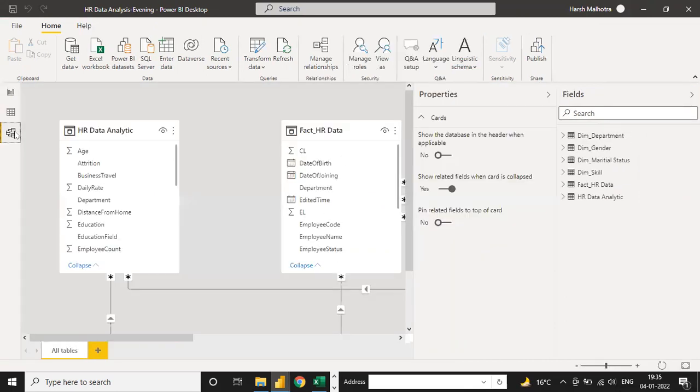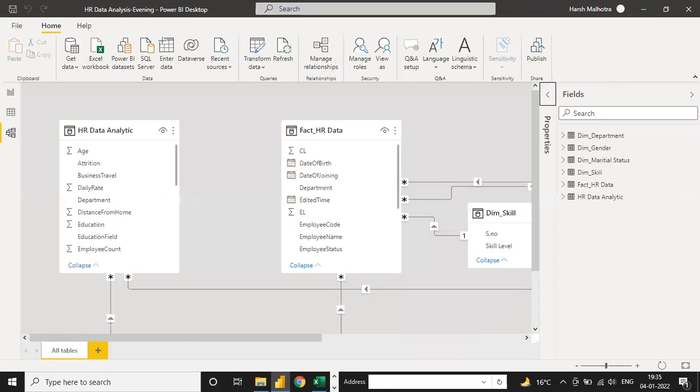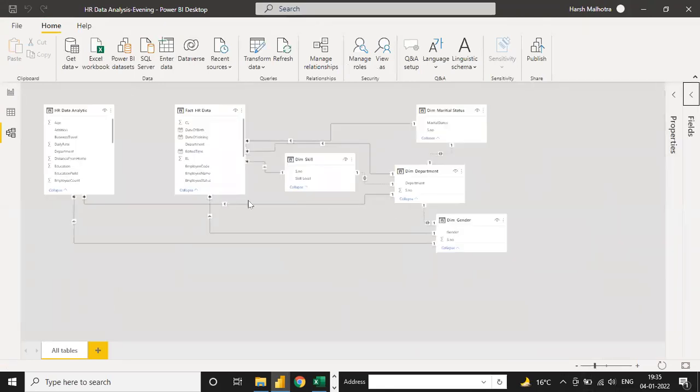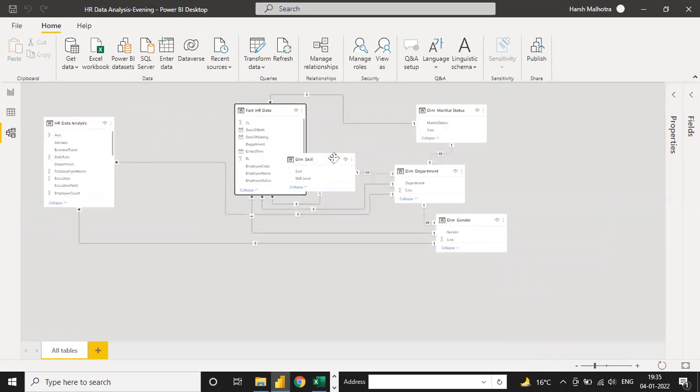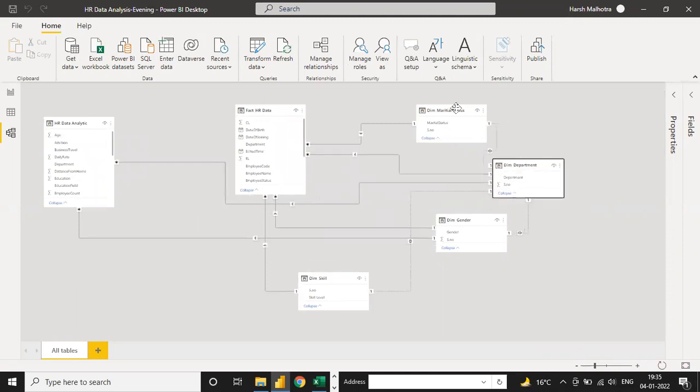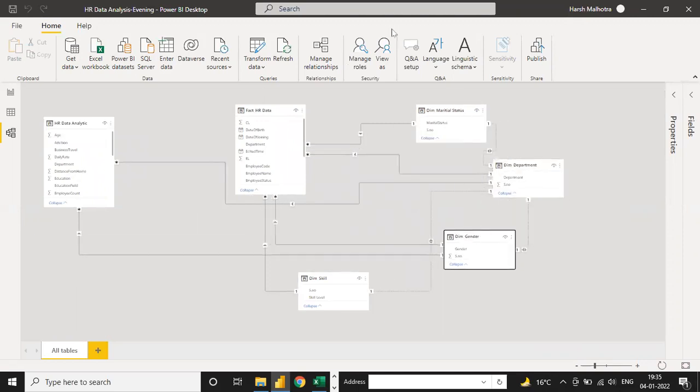And now guys, we have a next step, which is called the relationship model. You can see Power BI automatically makes a relationship with this line, which is made automatically by Power BI. Guys, please mute. If you have any questions, you can ask me then. Yeah, so you can see Power BI automatically makes the relationship in the backend. Why is it made automatically? You can go to this.